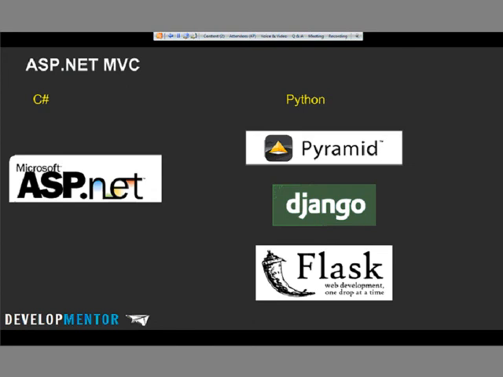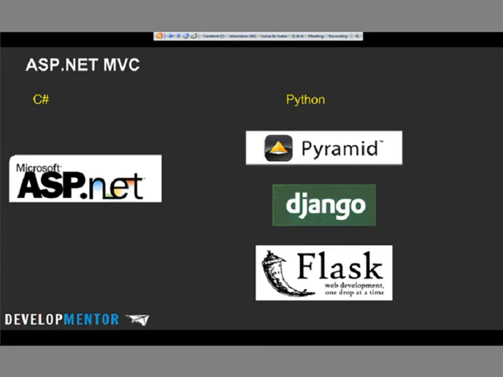So Pyramid is kind of my current favorite, and this is like ASP.NET MVC. It's a model view controller. In fact, they're all model view controllers. Pyramid and Flask are related in that they're both what you would call a micro framework, very much like Node.js, where you start from nothing and you're like, okay, I need a little bit of this and a little bit of that. Give me a little bit of templating engine. Give me a little bit of routing, and you just bring it together, right? You don't have anything that's unused.